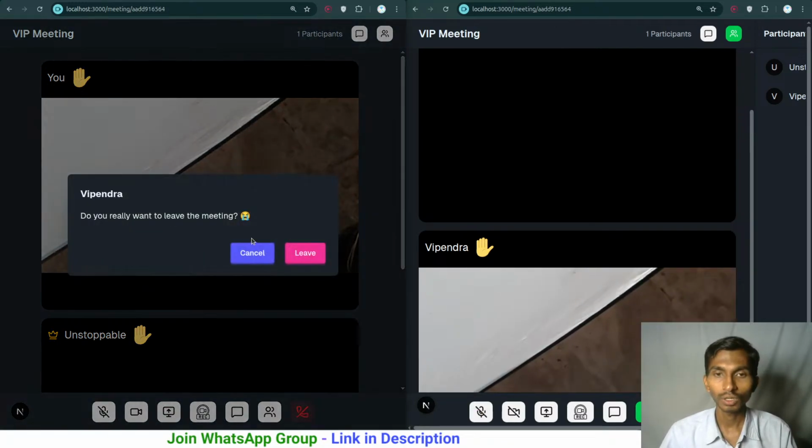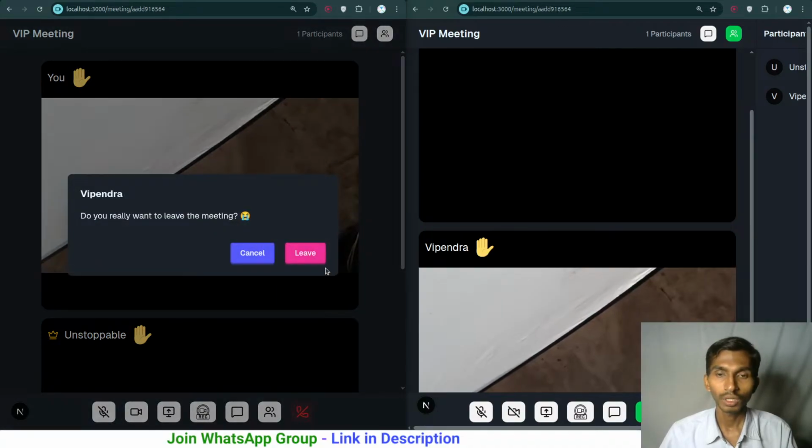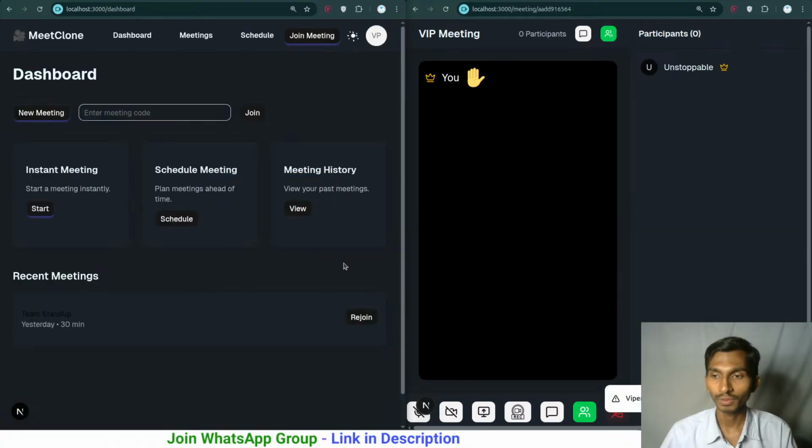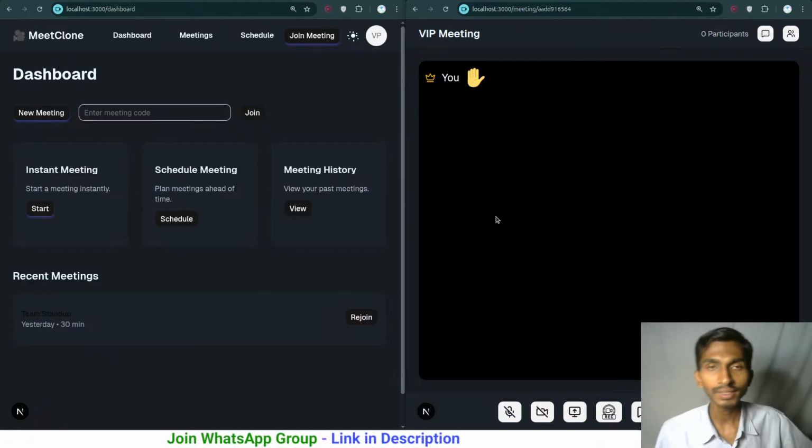And then there is something called this leave button. Vipendra, do you really want to leave? I can cancel it. I will still be here. And if I click on leave, I will have left the meeting. Vipendra left the meeting. This is what we are getting. So it's working quite as expected. What is the next thing? The next thing is that,